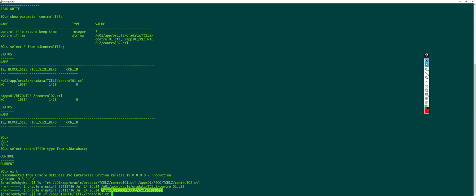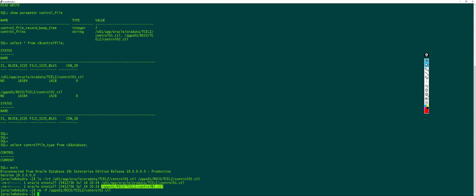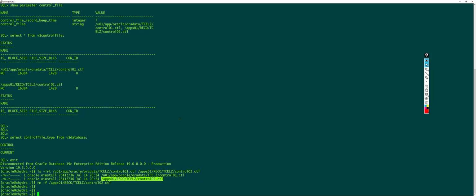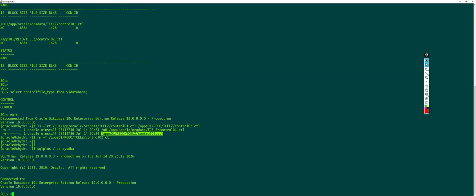So instead of deleting some other file, he just deleted the control file. Okay, so if only one control file is lost, then it is very easy to start the database again. The only thing is we will have a minimal downtime, right? Because obviously when one control file is lost, the database will be running, but we may